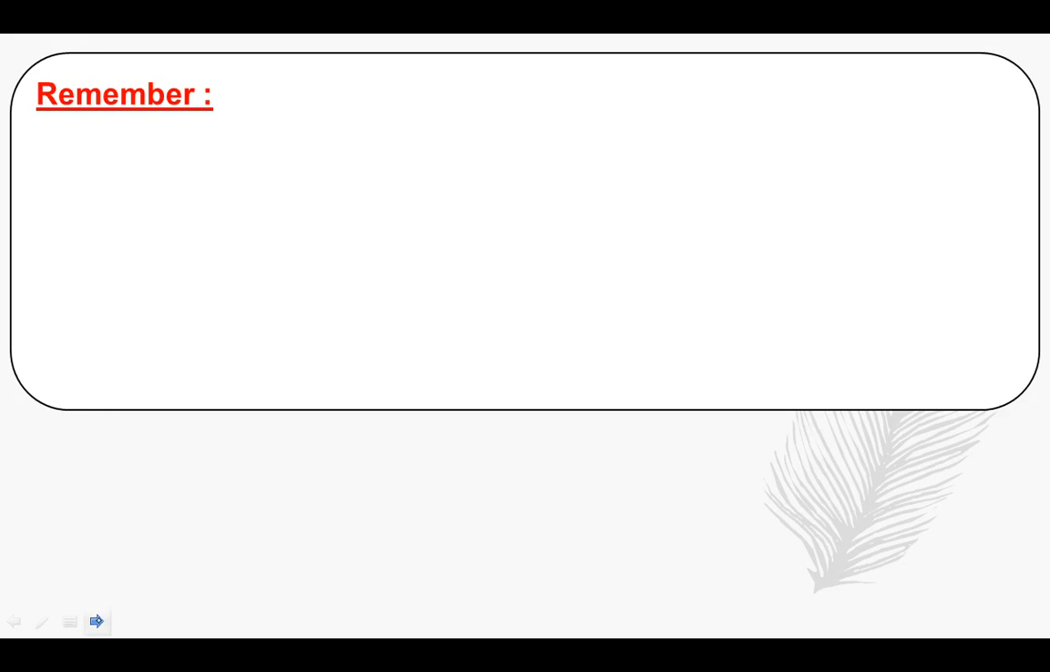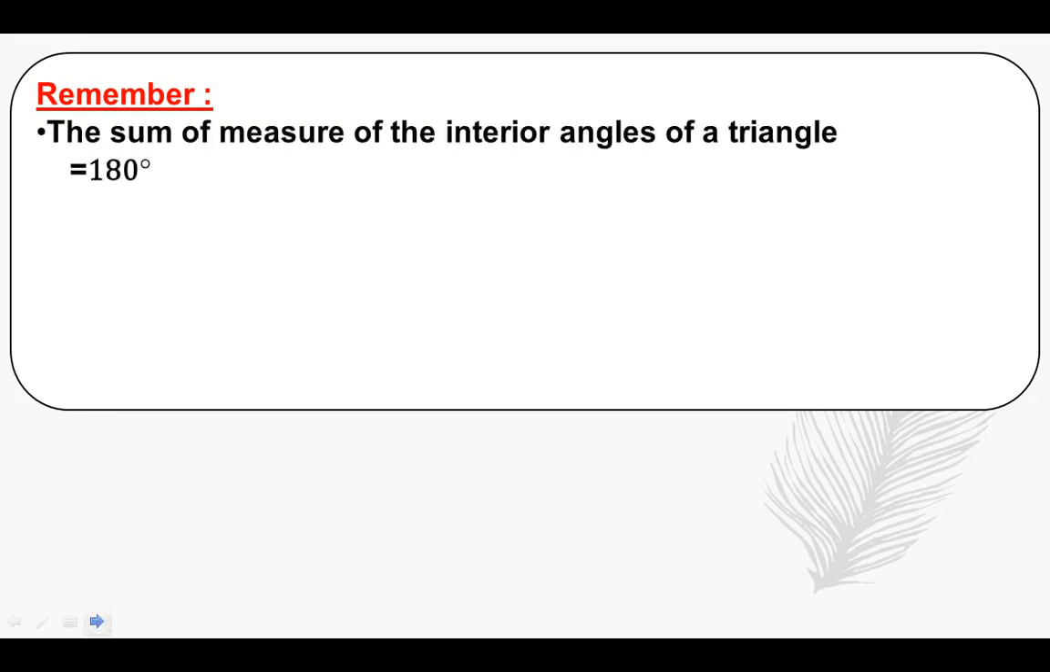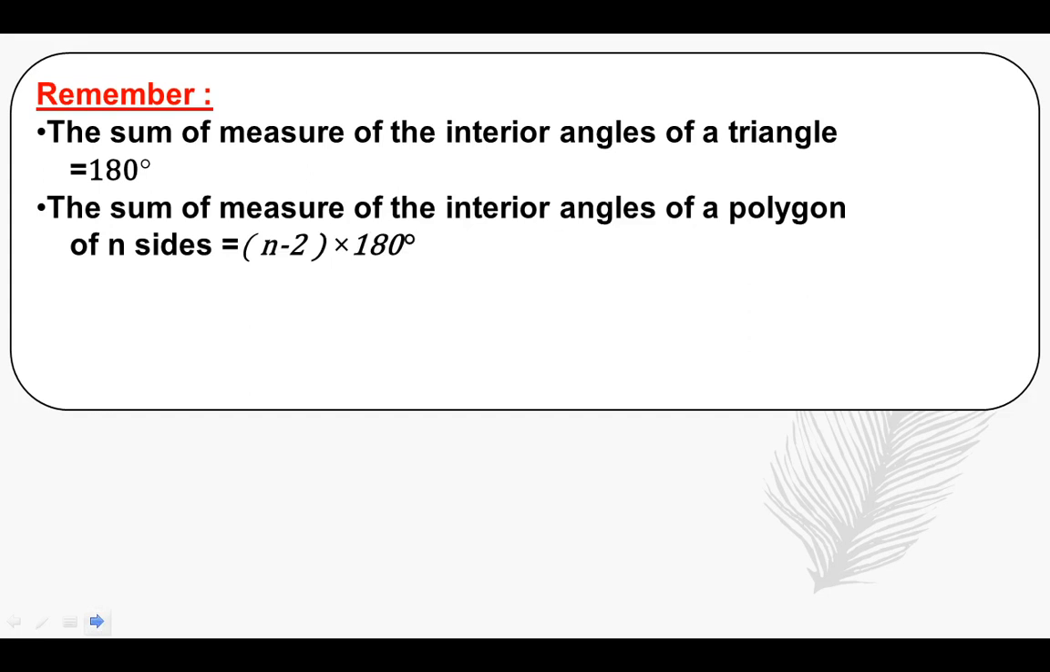Remember, the sum of measures of the interior angles of a triangle equals 180. We all know that. Another remark: the sum of measures of the interior angles of a polygon of n sides equals (n minus 2) times 180. For example,